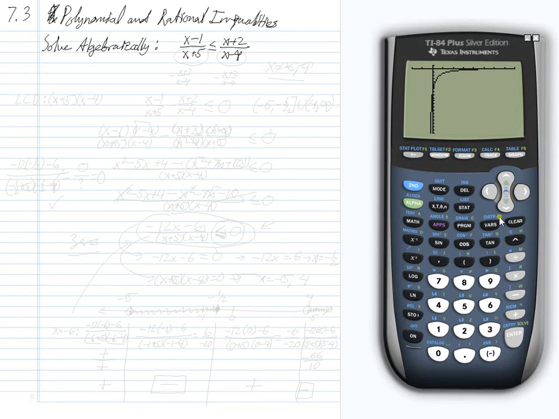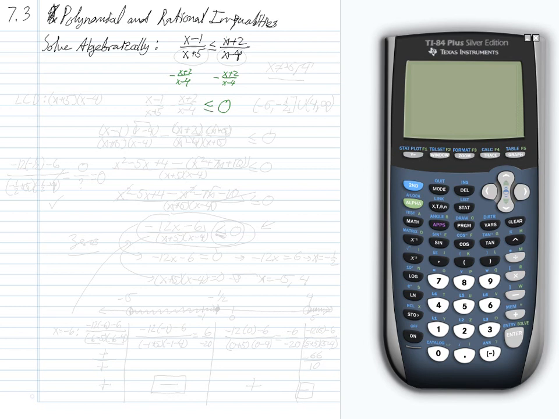Welcome back. I would like to look at one final example of a rational inequality that we are going to solve algebraically. So our first move, we want to get 0 on one side. So if I move part of this over, if I subtract the right-hand side, x plus 2 over x minus 4, from both sides,